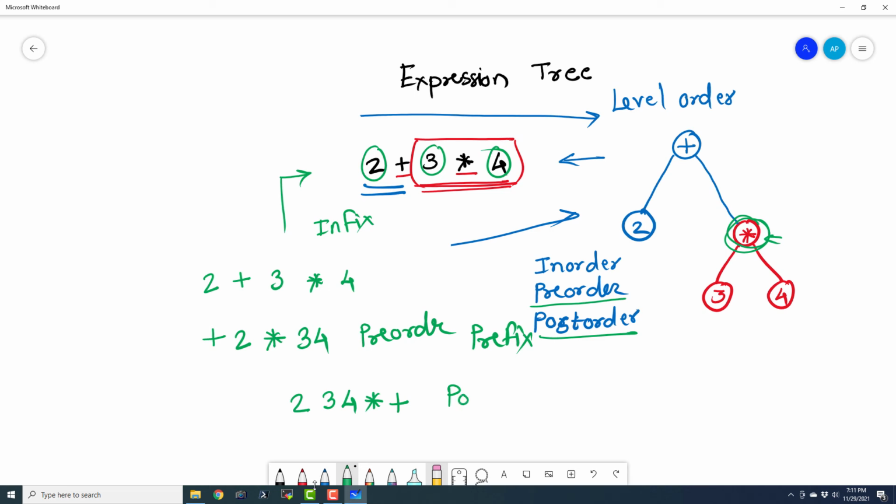So it is the postfix expression, or post-order. We can recursively write all these routines, and it is actually very easy. So let me write recursive routines for all these 3 things.